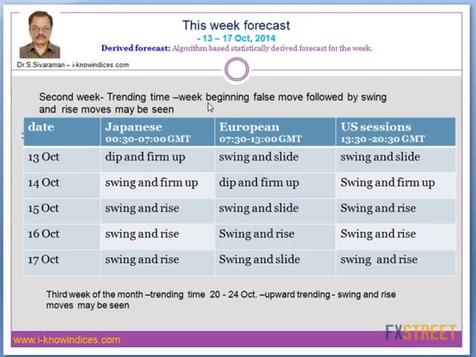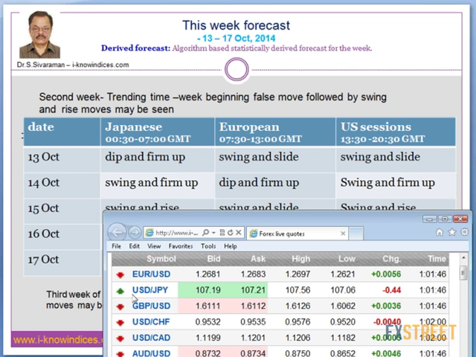in this week. So the week beginning false move is expected to happen, and we saw during the Japanese session they made a small dip and then firmed up very quickly in the case of Euro and GBP. In all currencies, they kept moving up to 3 GMT. They made an all-USD weakening move. Then slowly, they are reversing the market from now.